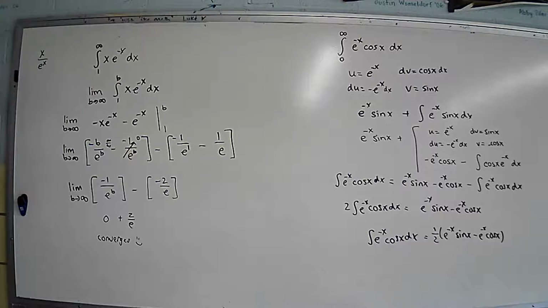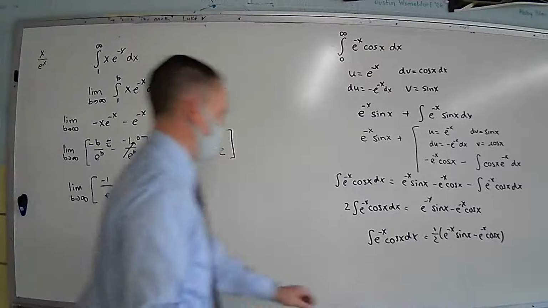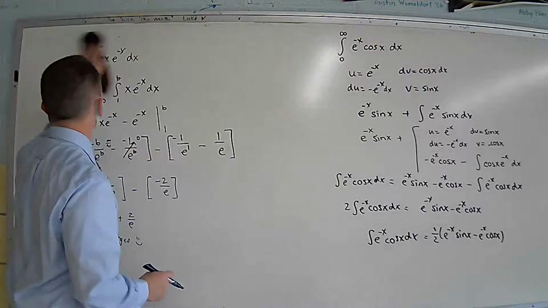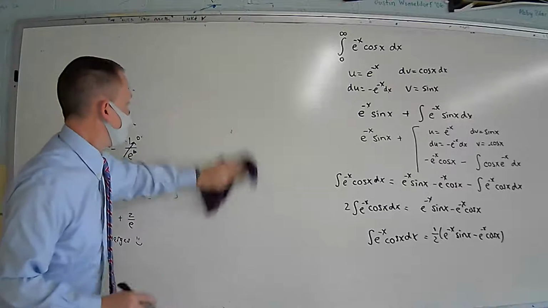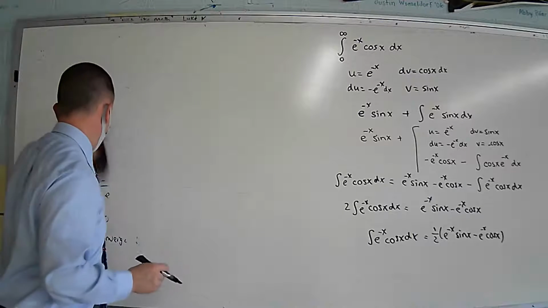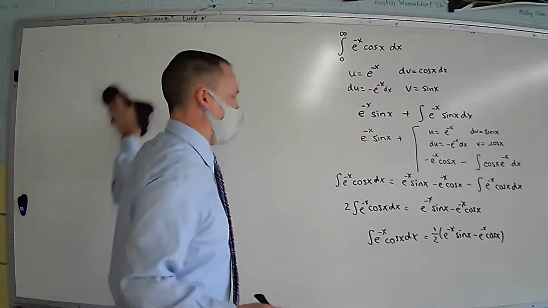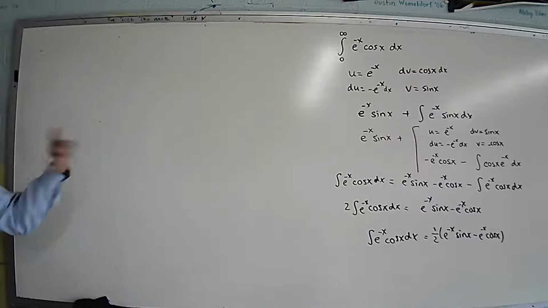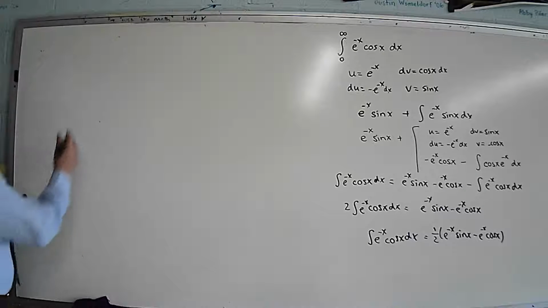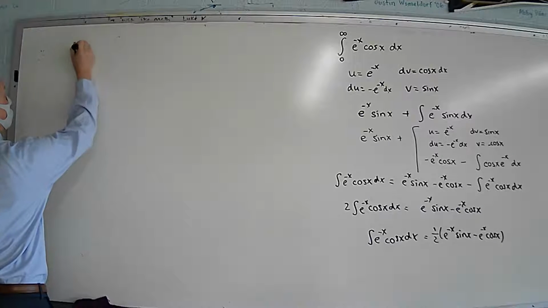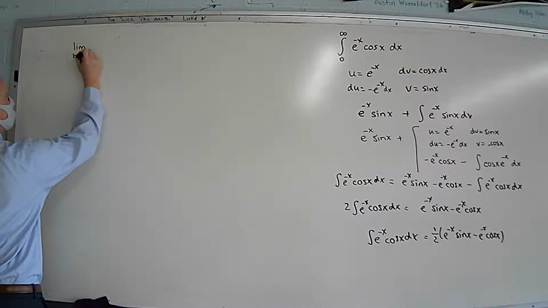Right? So now we'll go ahead and do the improper thing. I knew that antiderivative was going to take some time to work out, so I just worked that out ahead of time. So now the improper thing says, what's the limit as b goes to infinity